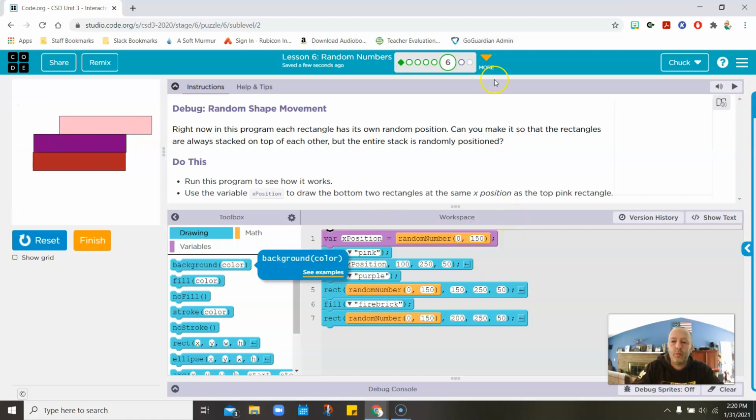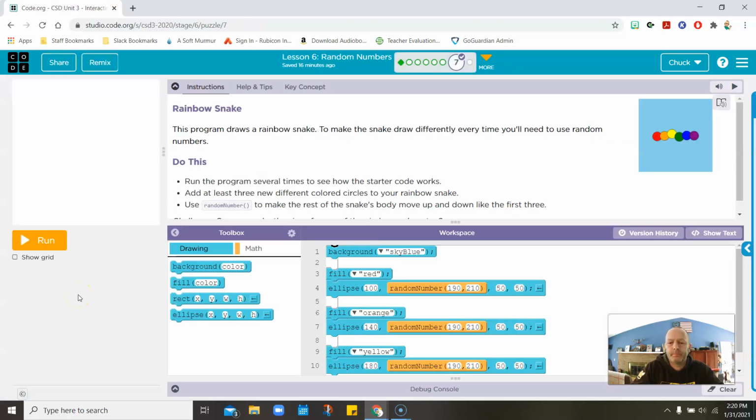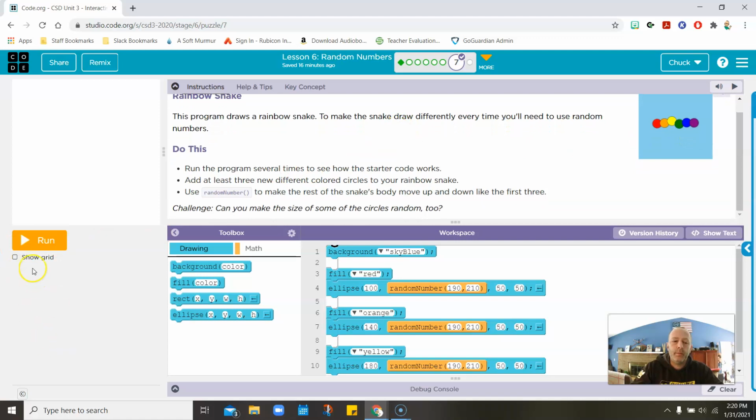So I'm going to give you a chance to work on that on your own. Let's look at the assessment. This one, I love this one. This one requires you to pay attention and to look for patterns. Okay, so we want a rainbow snake to appear here, and we want to run the program. So if you run it,